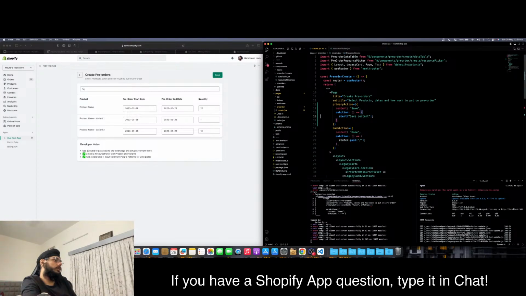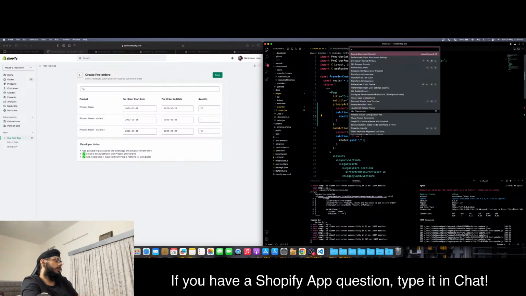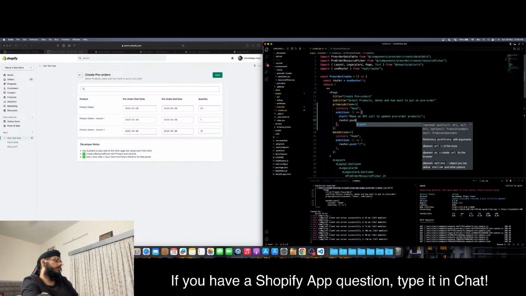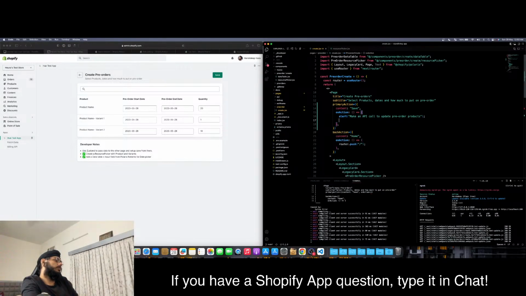Oh no, this would be make an API call to update pre-order products. So if I click, it shows me this, and then it takes me back to dotted. Actually, let me just